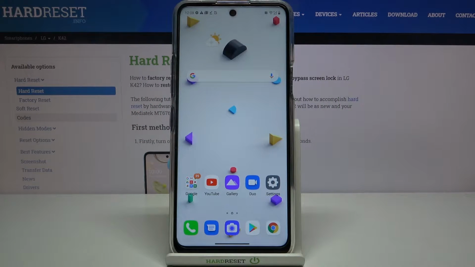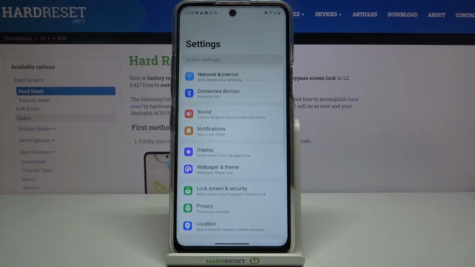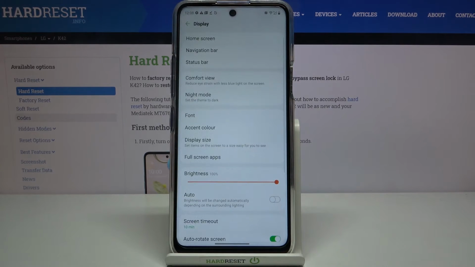Hi everyone, here we've got LG K42 and let me show you how to show battery percentage on this device. So first of all we have to enter the settings and now let's tap on the display. As you can see on the third position actually we've got the status bar option, so let's tap on it,